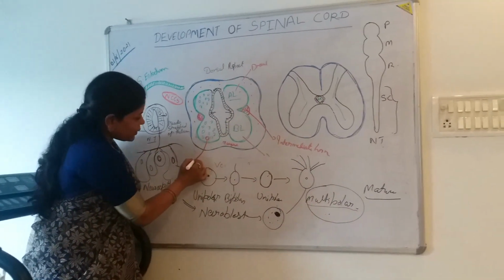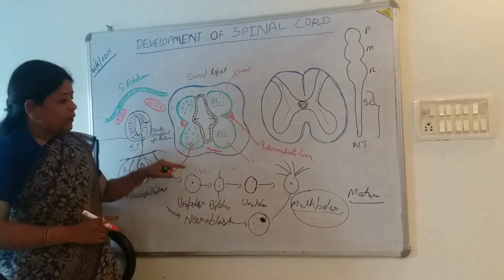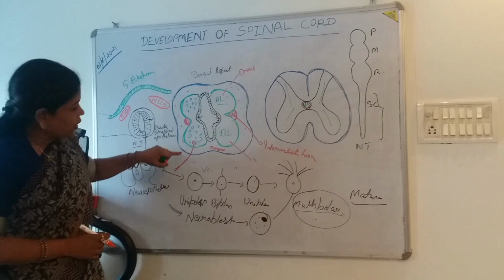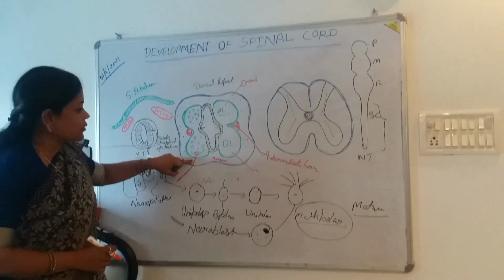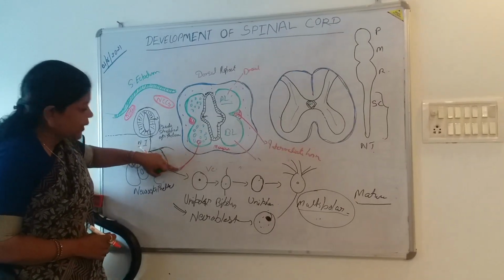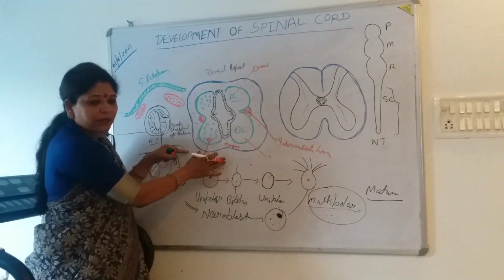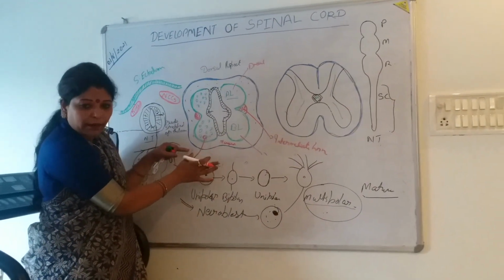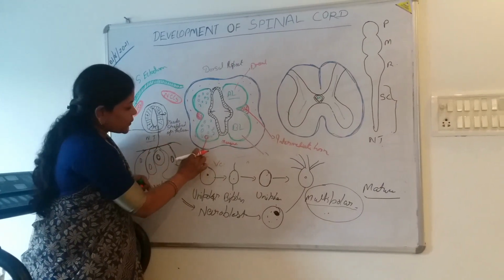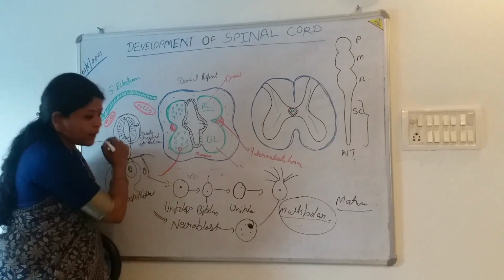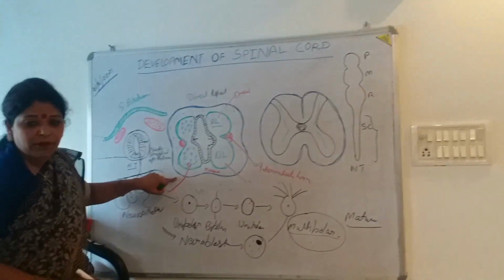Okay. Now the axon has two components emerging out from these neurons. One is inside the marginal zone and one is outside the CNS, you can say. That means this part is going to form part of the CNS, that is the spinal cord. But this part is not the CNS, it is outside the central nervous system.